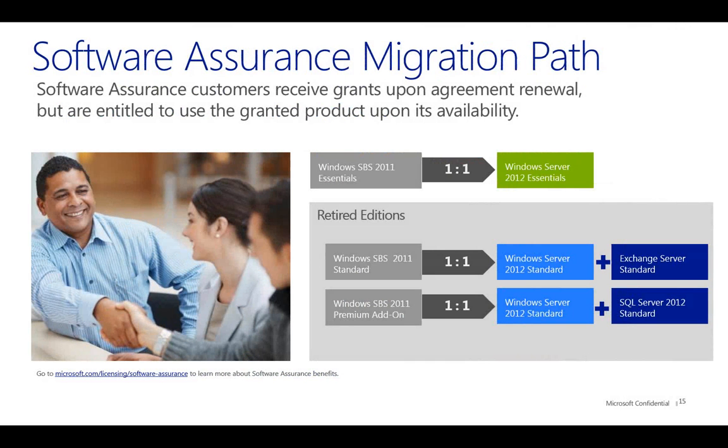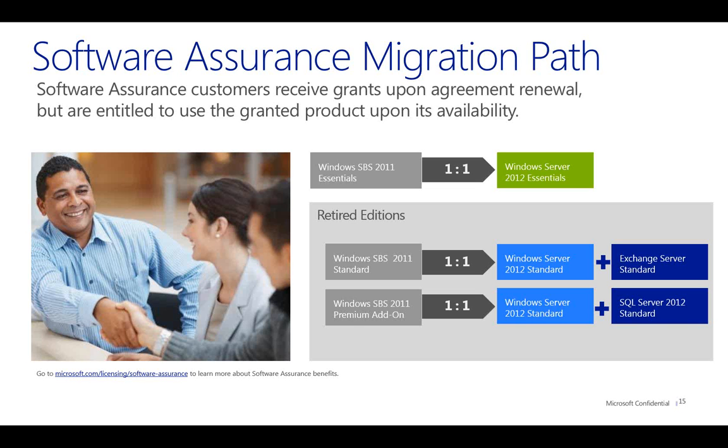The important thing, though, is for those of you out there that have got Small Business Server 2011, and if you've got software assurance, there is a transition. SBS 2011 Essentials migrates pretty much directly into Server 2012 Essentials, so that's a one-to-one correlation. You've then got the retired editions, so SBS 2011 and SBS 2011 Premium Add-on. So SBS 2011 Standard, you get a one-to-one transition,